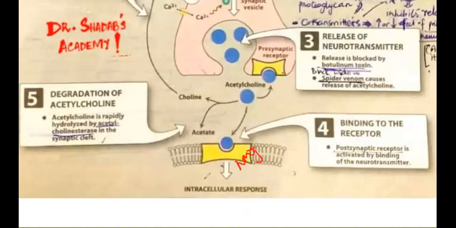The autoantibodies will bind to these receptors, I'm telling you the diagnosis, in myasthenia gravis. But when we talk about Eaton-Lambert or Lambert-Eaton syndrome,